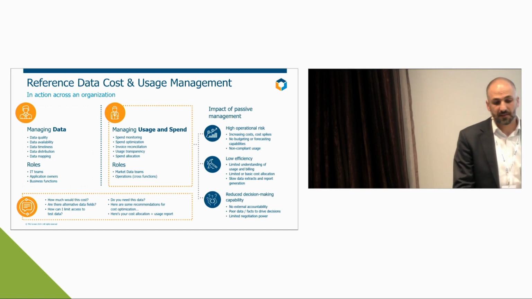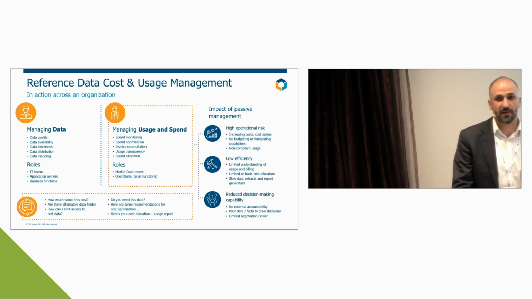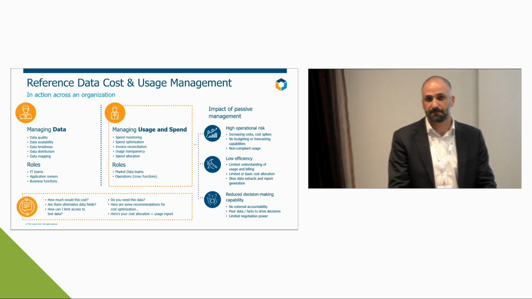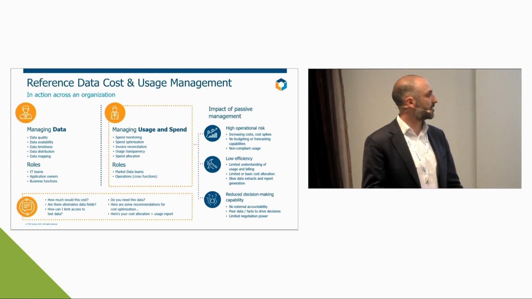It is important to make decisions based on data, and based on facts, and based on repeatable processes. Passively managing this data is not a way to make those decisions. So it's difficult to have accountability from our providers. How can we be sure that the number in that invoice that we're getting is matching our commercial models and our spend? We take these numbers at face value, but how can we keep the vendors accountable?